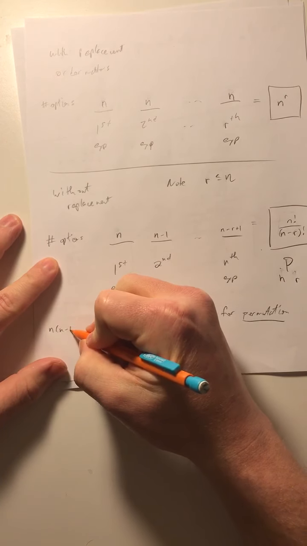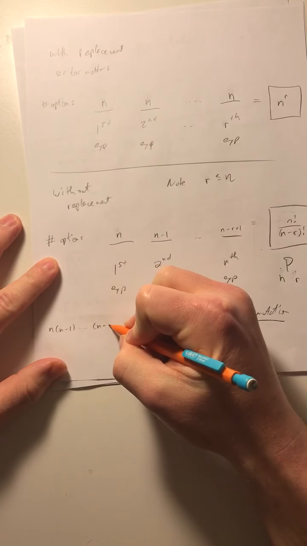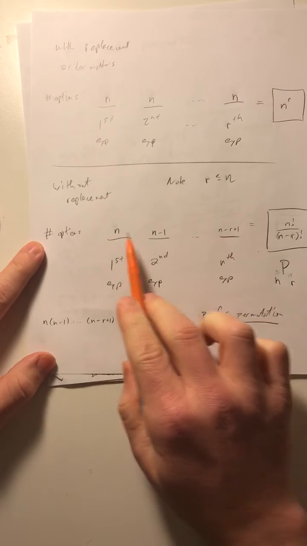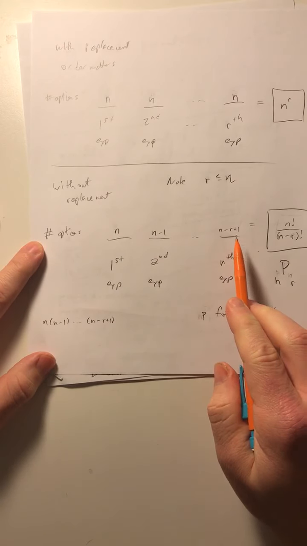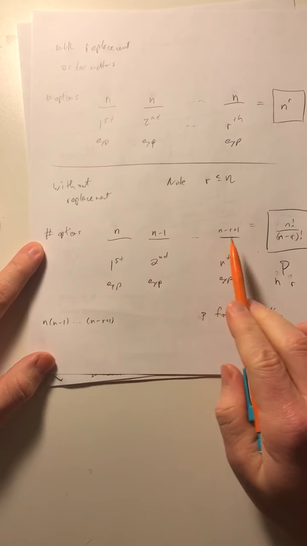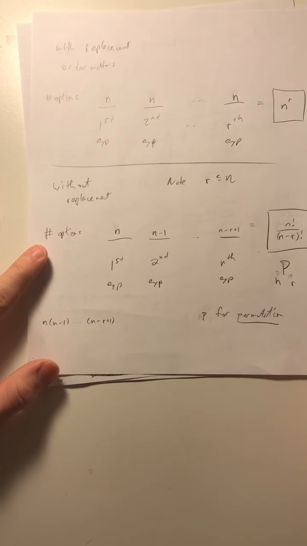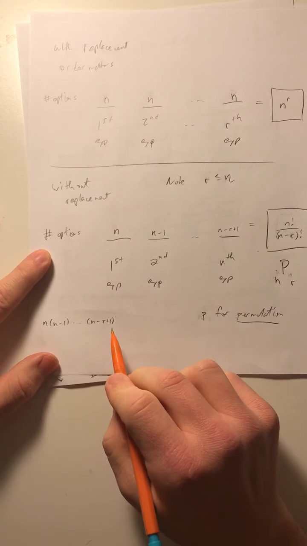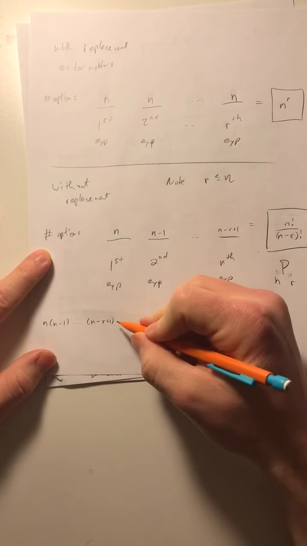n times n minus 1 dot dot dot n minus r plus 1. That is the number of outcomes here. n times n minus 1 times n minus 2 all the way down to whatever this is. But now I want a nicer way to write this. So what I'm going to do is say